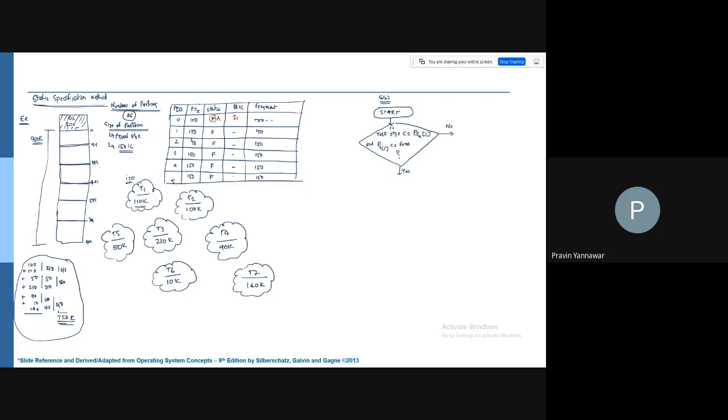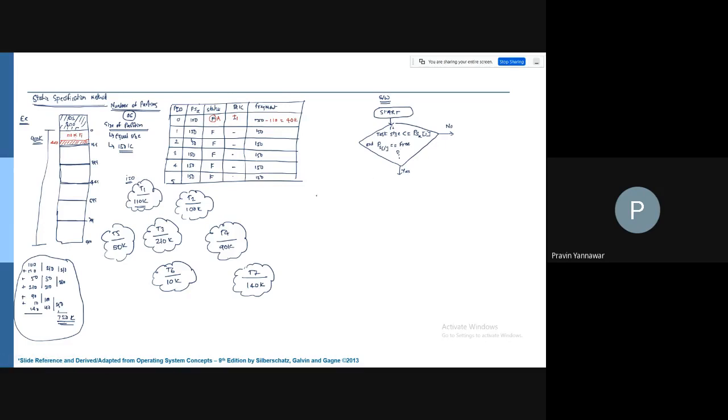The task size is 110, so I'm going to have a fragment of 40k. So this is how it is going to look: this fragment is of 40k, and this is the 110k task 1. Okay, so this is good.